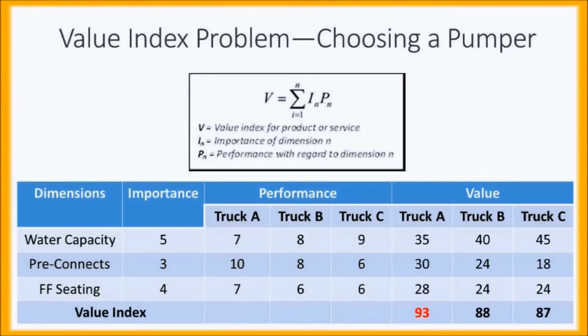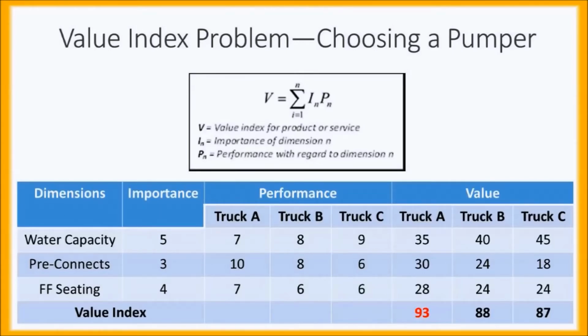So here's the solution. Let's walk through a few of these numbers and make sure that you know where they came from. The value for truck A as it relates to water capacity, that's the number 35 that you see in the matrix there. That number 35 came from the importance value, 5, multiplied by truck A's performance for water capacity, which is a 7. So 5 times 7 is 35. Let's look at truck B